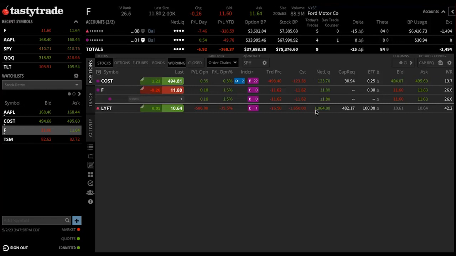And then you have your position net liquidity, and then average trade price as well, $11.62. We can see here. And I also wanted to touch base on the activity tab on the platform. This is also very useful. So with the activity tab,